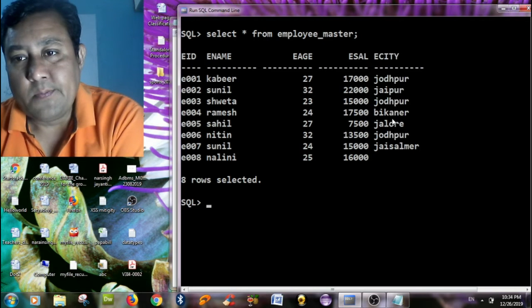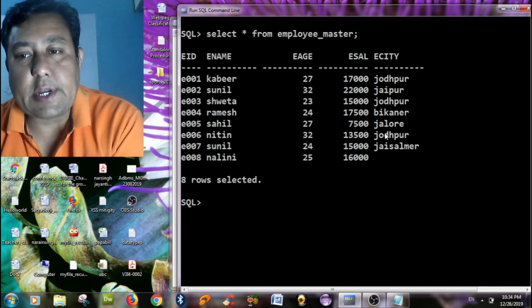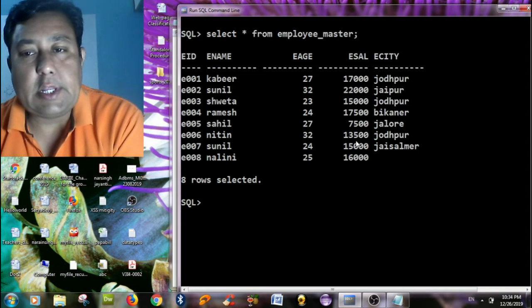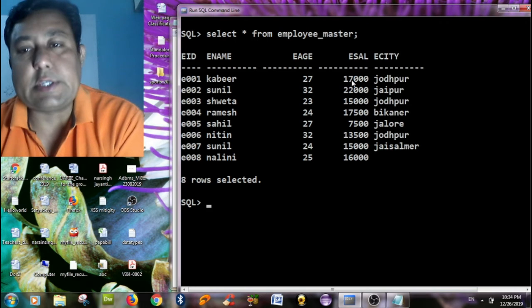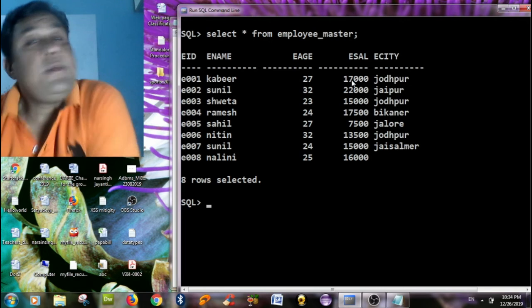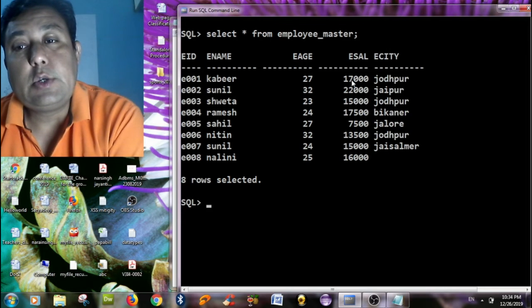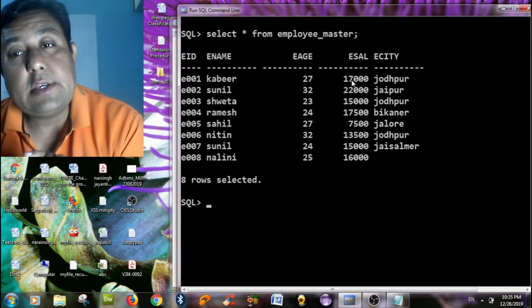Jaipur is one, Bikaner is one, Jalore is one, and Jaisalmer is one, and there is a null also. If you want to consider how many salaries are given to candidates of a particular city,